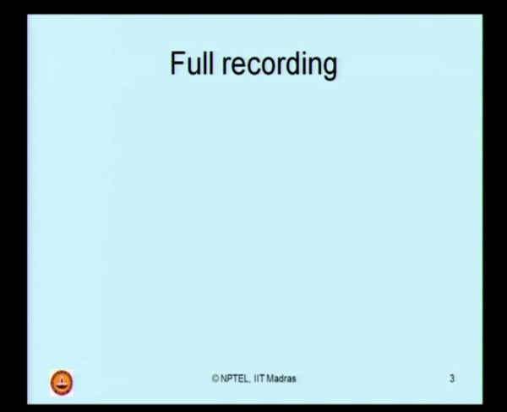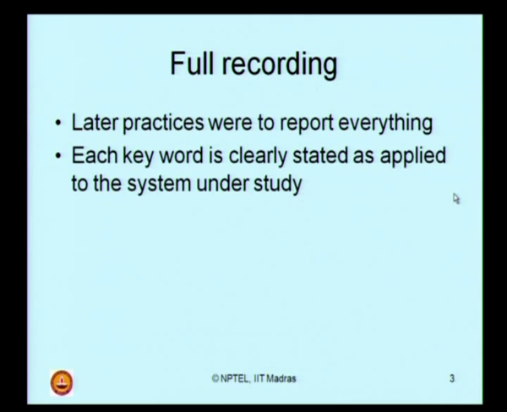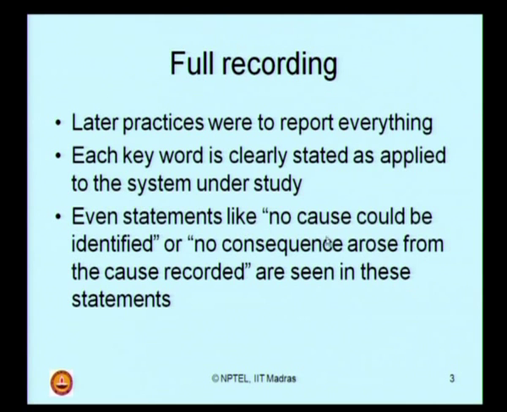Alternatively, people wanted to improve upon this existing methodology, and they introduced a new type called full recording. Later practices adapted to report completely and totally everything. Each keyword you use in a Hazop report is clearly stated as applied to the system under study. Even statements like "no cause could be identified" or "no consequence arose from the cause recorded" are also seen in these kinds of reports. So this report, which I mean by full recording, leaves no ambiguity to the reader,